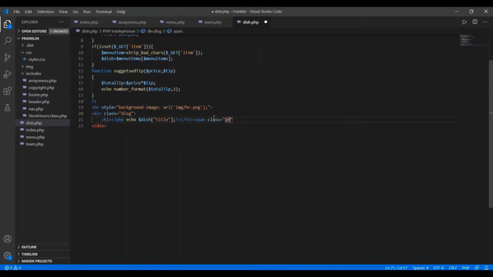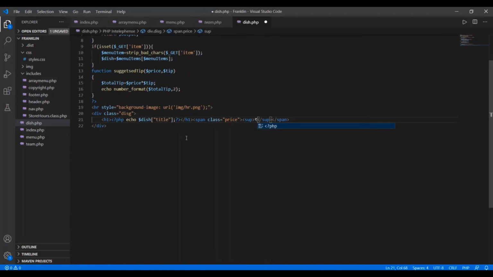And within this I'm using another HTML element, that is superscript, and here I'm using the currency symbol, and after that I just wanted to display the value that is the price of that item.